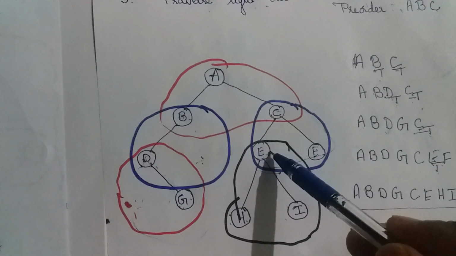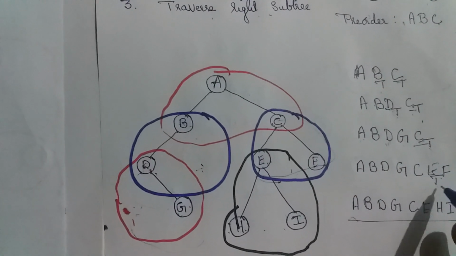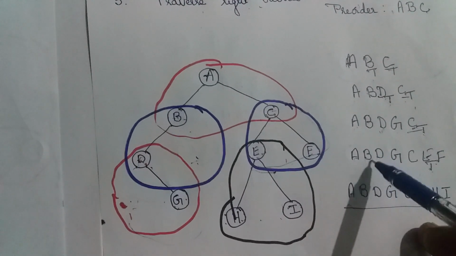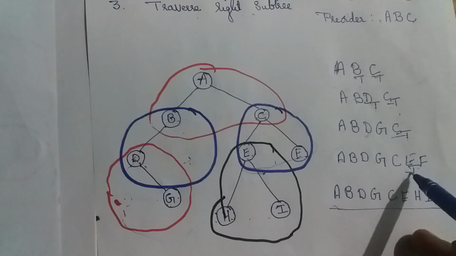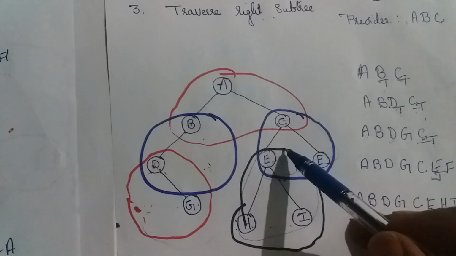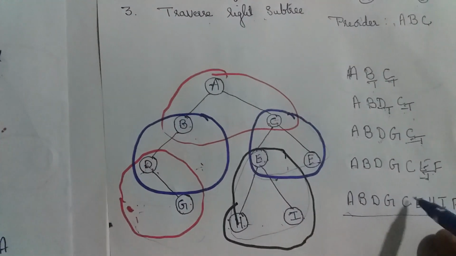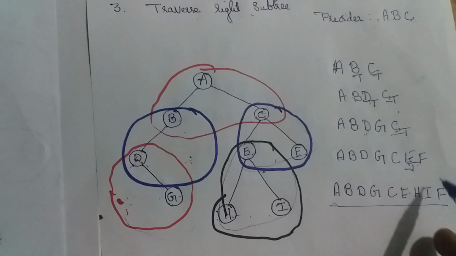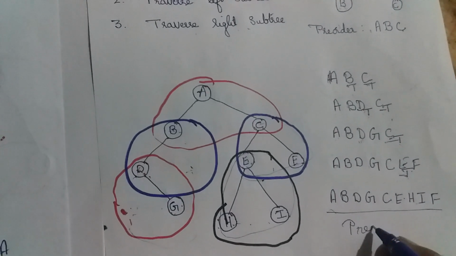If you look at this node, it again has subtrees, so it has to be traversed. Here I have marked E as ET. Next, in the next step, A is copied, B is copied, D is copied, G is copied, C is copied, then E has to be traversed. If I consider the E subtree, root, left and right, it is E, H and I. Then F is copied like that only. This is the pre-order traversal.